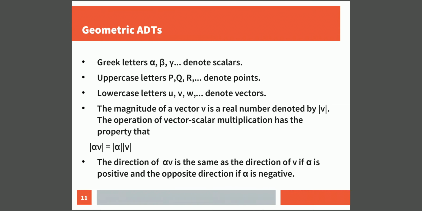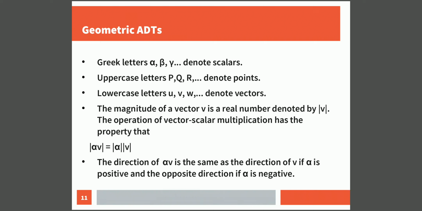So then what will be the direction of the new vector? The direction of the new vector is the same as the previous vector if the alpha value is positive. Otherwise, the direction will be reversed if the alpha value is negative. So when you multiply a vector with some value, for example 2, then its length will be doubled with the same direction. But if you multiply a vector with -2, then also its length will be doubled but in the negative direction.